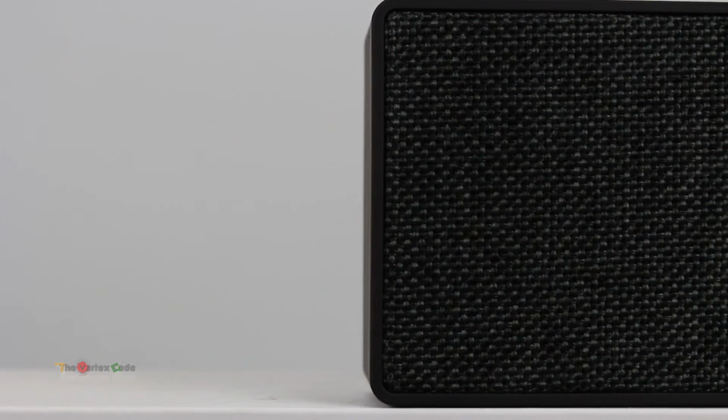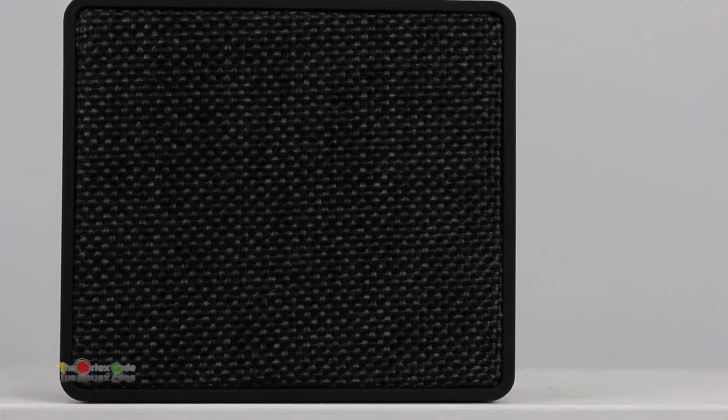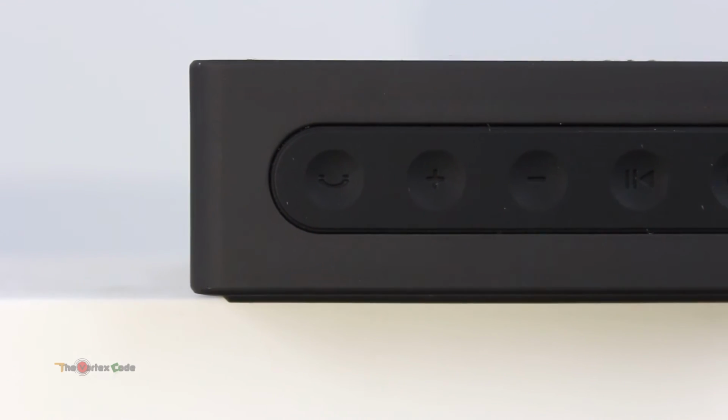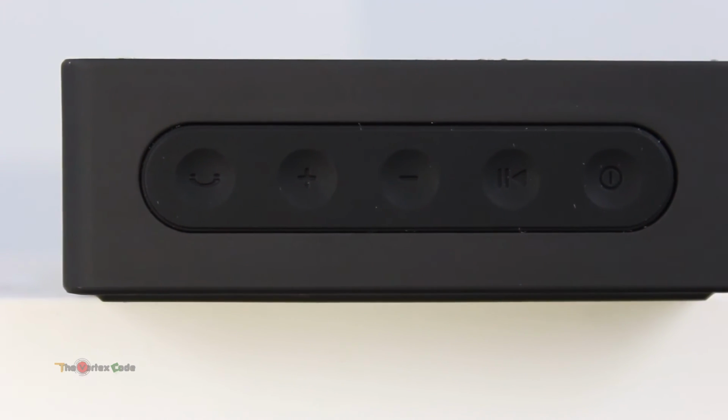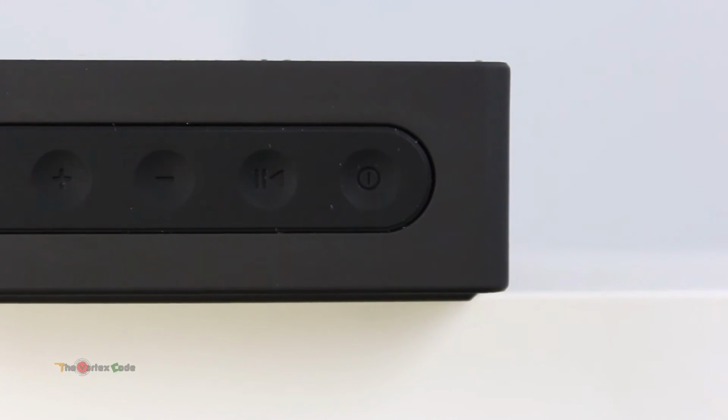You might not have heard exactly what I heard from this speaker because of a technological constraint. The speaker is really loud. It easily fills a large room with its sound. The sound is on a brighter side and a good mids and lows, with vocals being clearer. There's no bass at all at medium volume. Loudest volume, you can feel a little bit of bass, but if you like that boom boom thing, this speaker